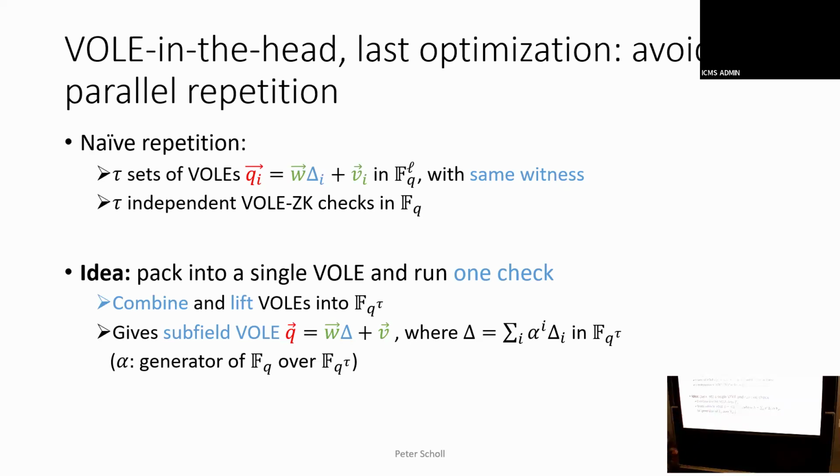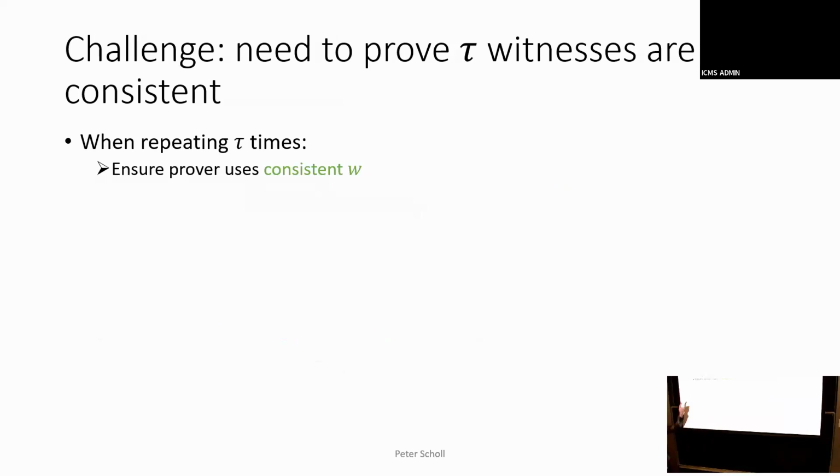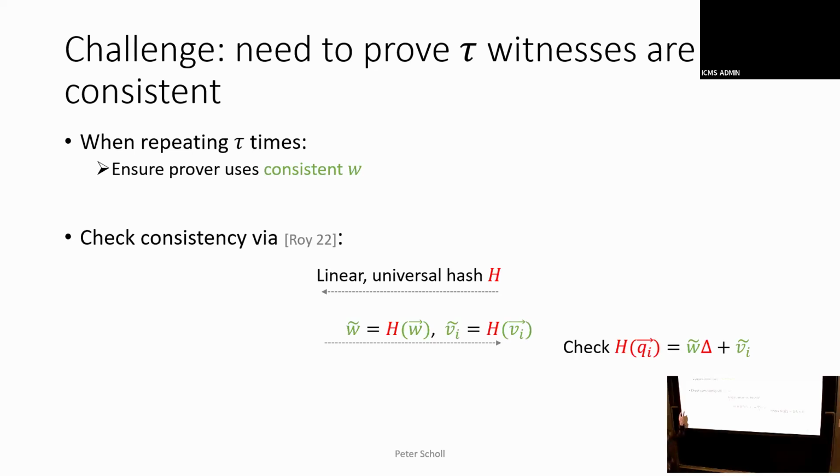So now we have a problem that the prover might use different W vectors in each of the tau VOLEs we start with. And then when we combine these into the big field, we're kind of messing things up. And actually it doesn't quite work out as good as you want. And there might be things that can go wrong and your soundness still isn't quite as good as what you hope. And this is where the extra round comes in. So now we add a consistency check,